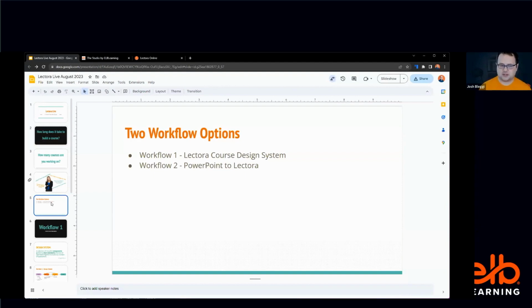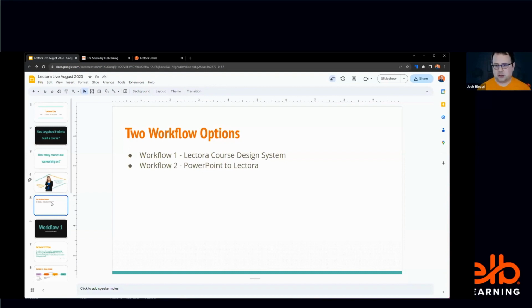Now, that being said, these are not the end-all exhaustive list here. Feel free in the chat, because I really like this to be collaborative. Lectora has a really great community. That's one of the things that I've always really loved about it, as I've been introduced to it over the last few years. And so I would invite you to share other time-saving tips you see in here. If you see something that maybe I'm doing a different way than you would do it, go ahead and put that in the chat as well. If there are things I'm not pointing out that you would recommend, go ahead and put those in there as well. I'm not saying that I'm going to show you everything that you need to know here today. I'm just going to share a high-level overview of each of these,